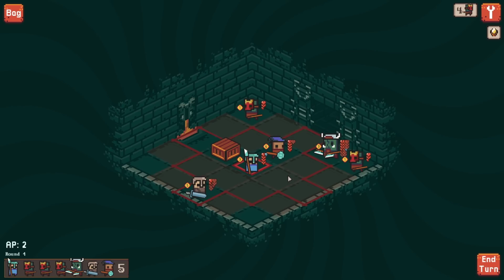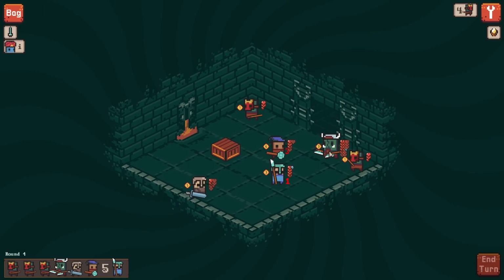So if we go, it looks like, yeah, we can attack. So basically a range of 2. So if we stand there, we can attack diagonally 1. So we won't be able to reach the shaman. I think what we do is we go here and we attack the boss. We go there and we boop the...